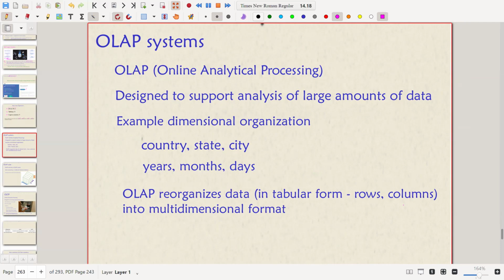You know how a data warehouse has different layers and what each of the layers does, and how well-known organizations throughout the globe, like IBM and Oracle, are using data warehouses. They have produced their own data warehouse, right? IBM DB2. Fine. So this is another aspect which you need to know, that is OLAP. OLAP is referred to as online analytical processing. This is designed to support analysis of large amounts of data.